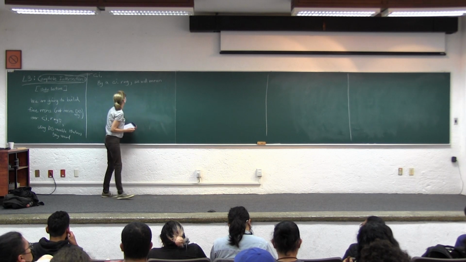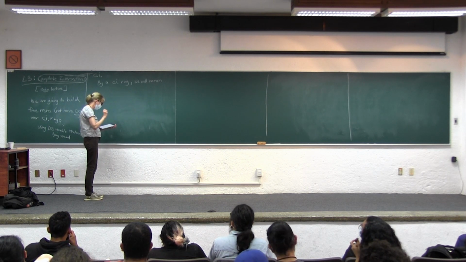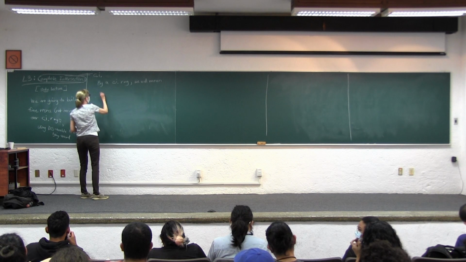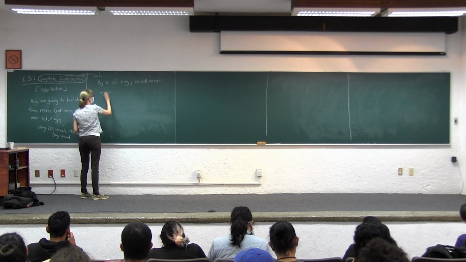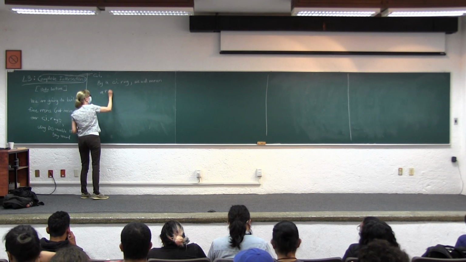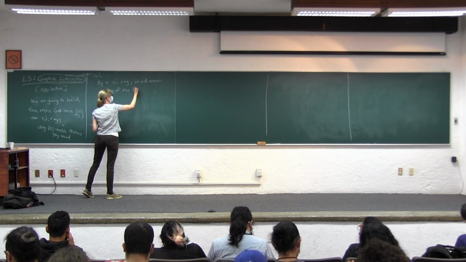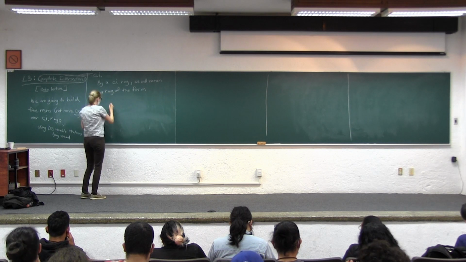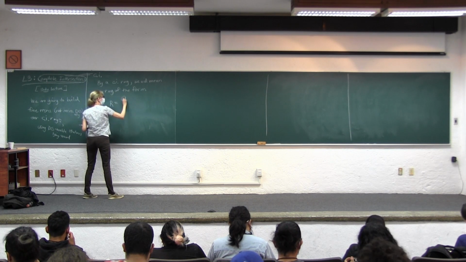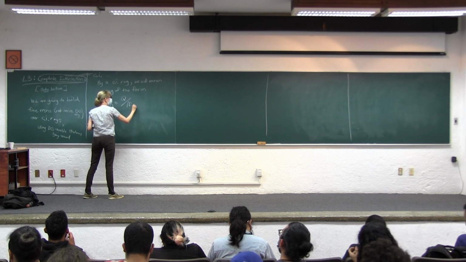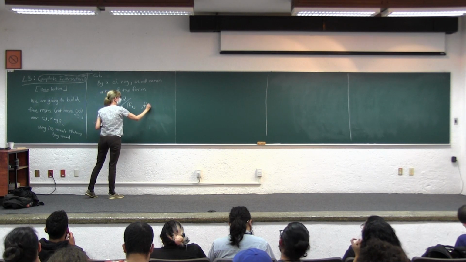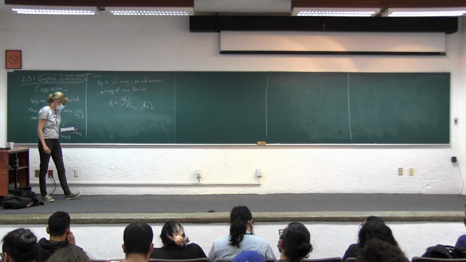Okay, so by a CI ring, I'm going to mean a local ring of the form R equals Q mod (F1, ..., FC)